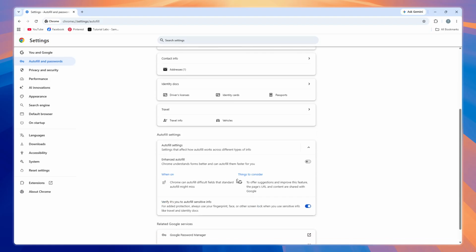This will take you to a more detailed configuration area where you can fine-tune exactly how Chrome's autofill feature works for you. Here, you'll see several options that control the autofill behavior. In this section, you'll notice toggle buttons for enhanced autofill and verify it's you to autofill sensitive info. You can click these toggle buttons to enable or disable these features based on your preferences. Enhanced autofill provides more accurate form filling, while the verification option adds an extra layer of security when Chrome tries